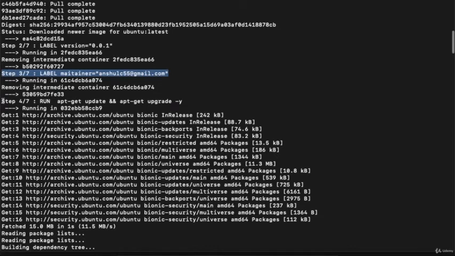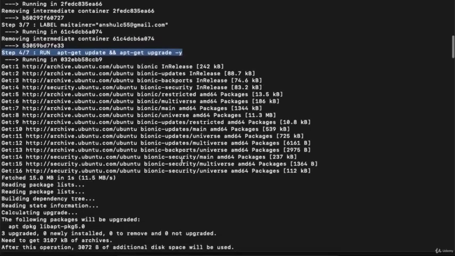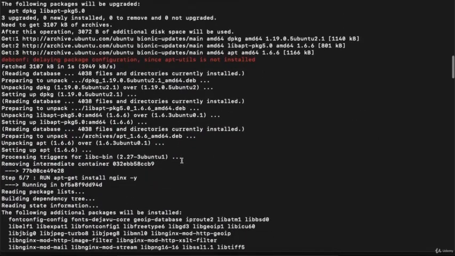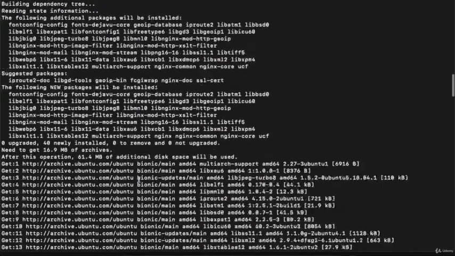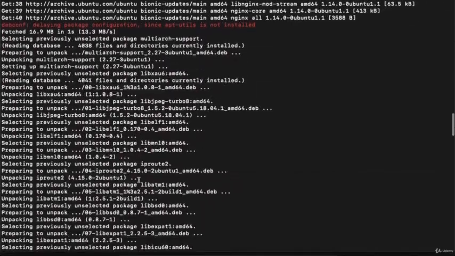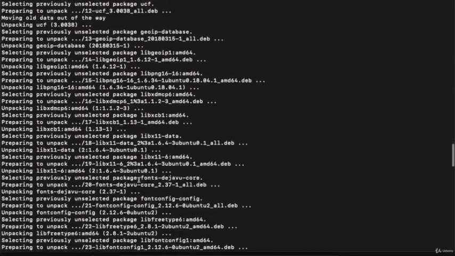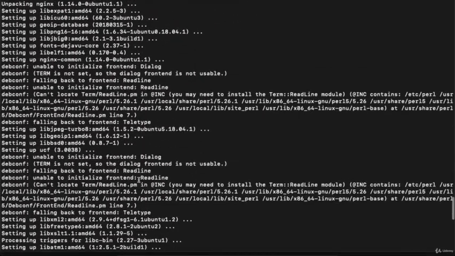The next is step 4. Over here we are updating our apt-get packages and it's done, right? Here we have step 5. We are basically installing nginx, right? So nginx took time.